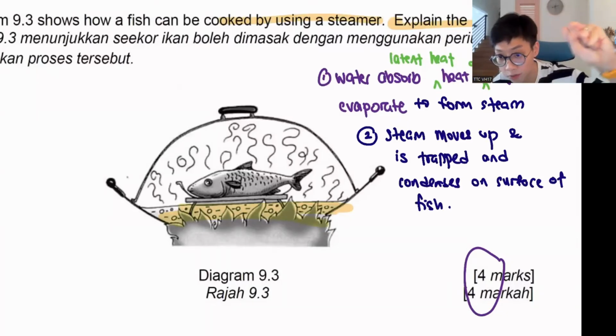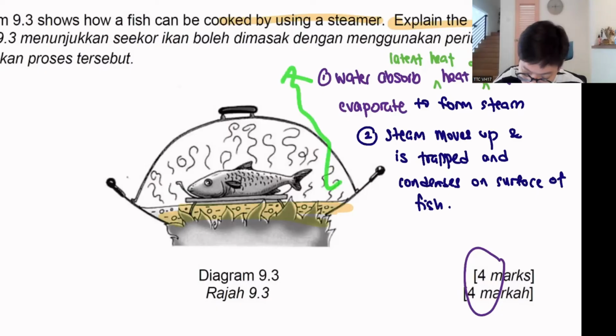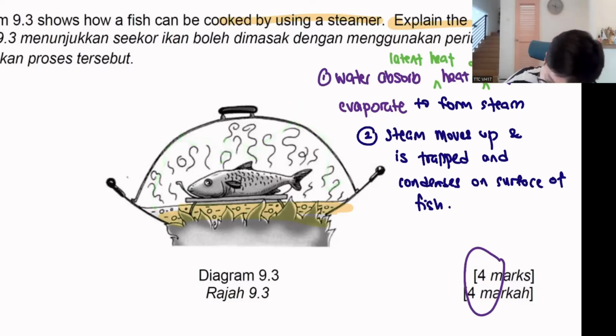So it moves up and is trapped. Instead of the steam going out, it bounces back. Keyword: condenses. Keyword: evaporate. So the third thing, we then say